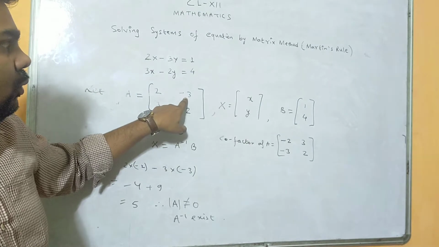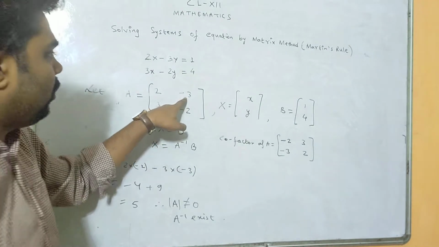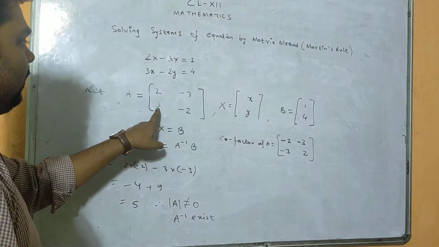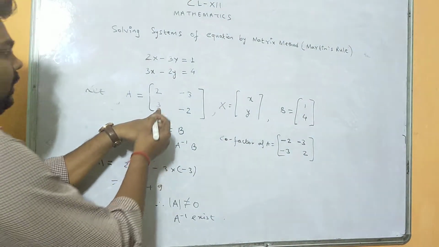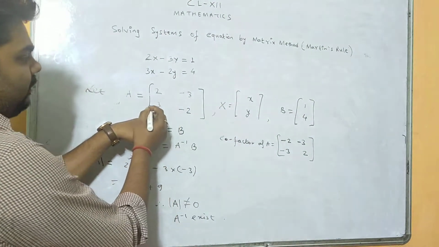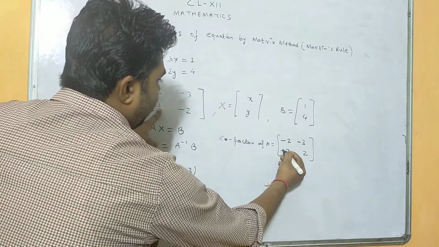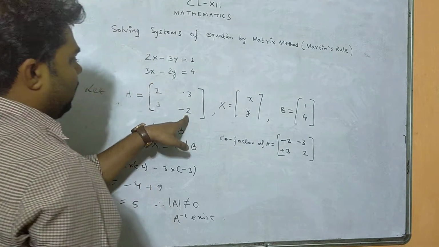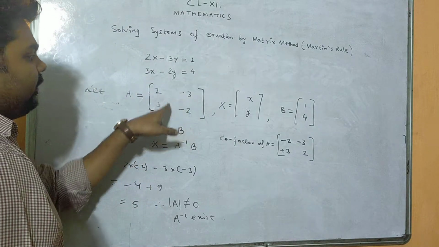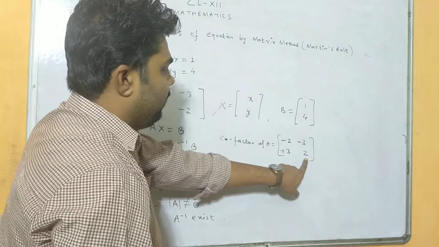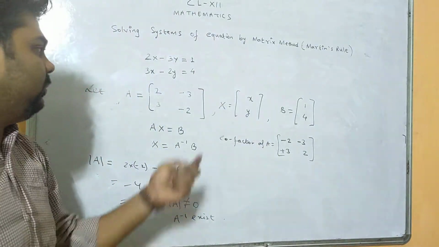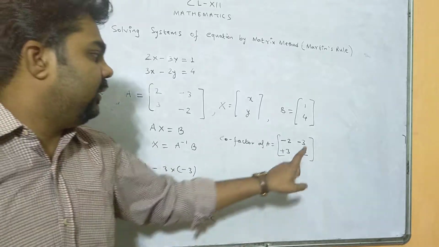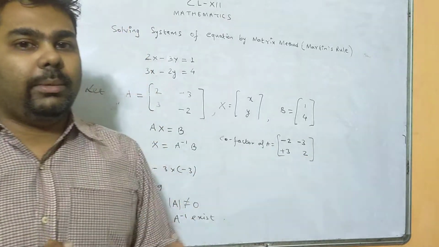This is position 1, 2. 1 plus 2 is 3, an odd number, so if it is positive it will become negative. Similarly, this is 2, 1. 2 plus 1 is 3, an odd number, so the sign changes. And here 2 plus 2 is 4, an even number, so the sign will not change. Not changing means do not write a minus here. So whatever sign it had previously, it was 2, so it remains 2.